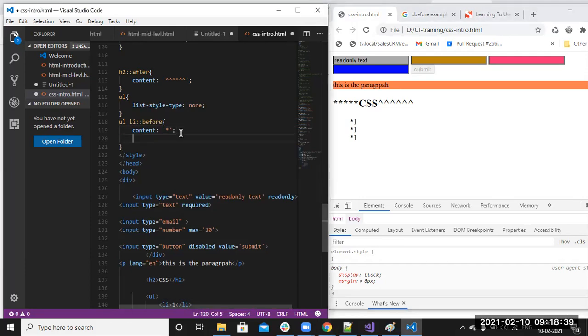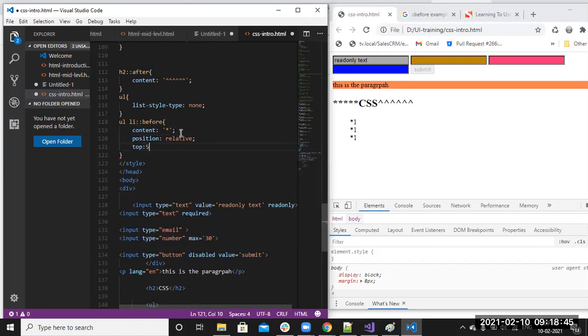Here we can write position relative, five pixels like this, and then it will apply exactly at the center. Otherwise, how much is it, three pixels. Those things we'll see later, like position and top. But see, I'm appending the star symbol before the element.